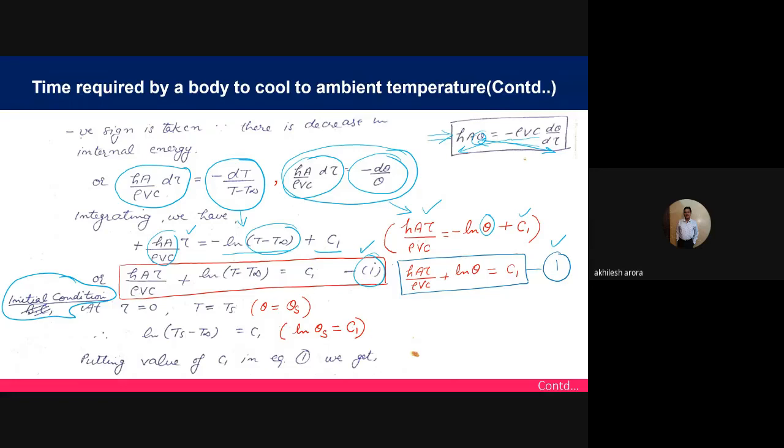And this initial condition is, when the time is equal to 0, what is the temperature of the solid body? It is equal to Ts. And I said that I can also use Ti. So you can say it is either Ts or Ti. And you know that if I am using T minus T infinity equal to theta, so when I put